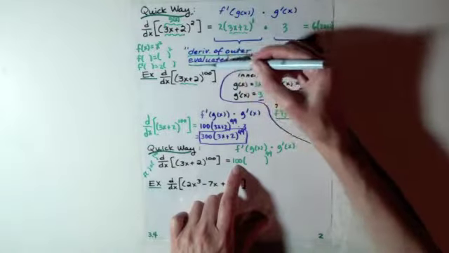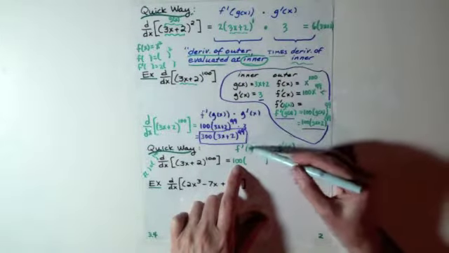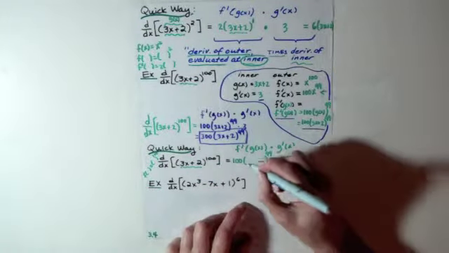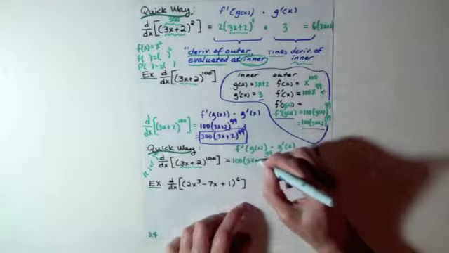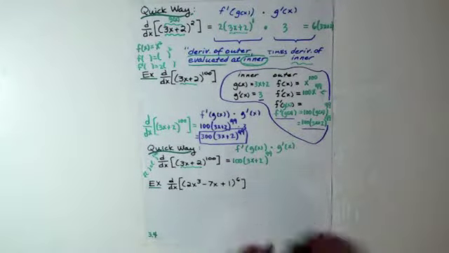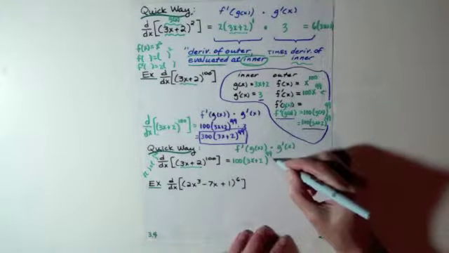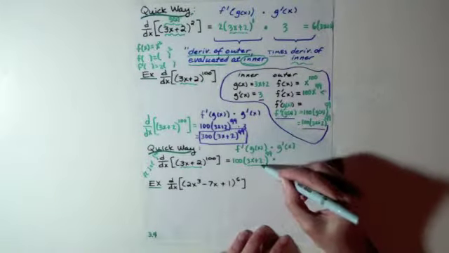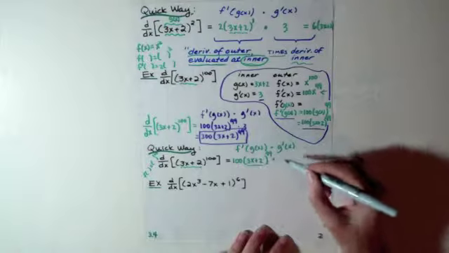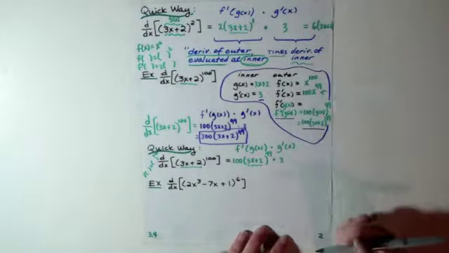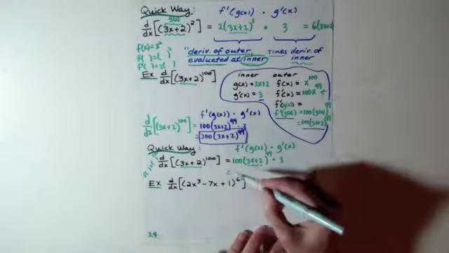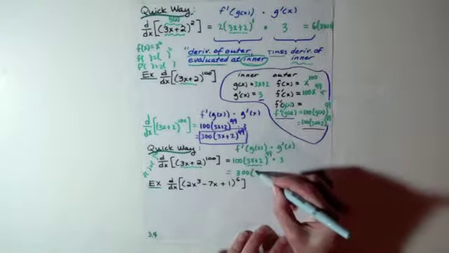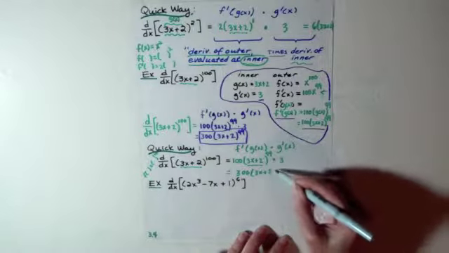But we're going to evaluate that at the inner. We're supposed to evaluate that at g of x. And what is g of x? It's whatever the inner function is, namely 3x plus 2. Now I'm going to multiply all of that by the derivative of the inner function. And the inner function is what's sitting right here. Derivative of 3x plus 2 is just 3. And you notice how quick this is. Now I just go ahead and say, okay, 100 times 3 is 300 times 3x plus 2, all raised to